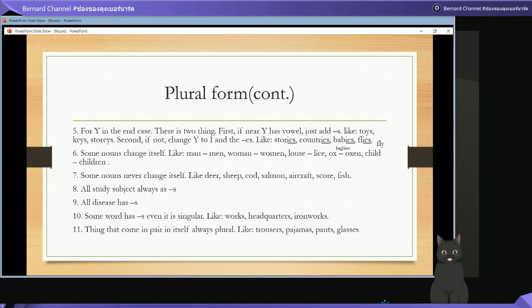Fly. But make no mistake, you need to be careful of these words depending on where they are positioned. If they are in the noun position, it is a noun. And if they are in the verb position, it is a verb. So fly here means the pest that flies over something rotten. That's the fly. And for more than one fly, we change Y to IES, as we always do, because FLY